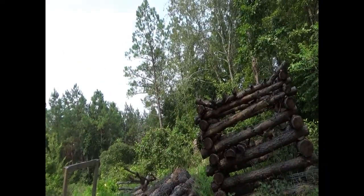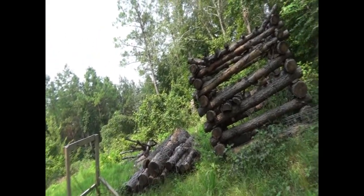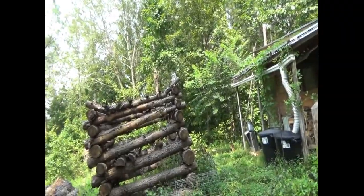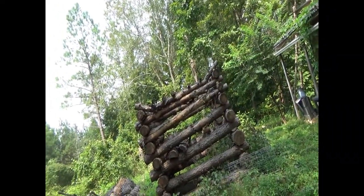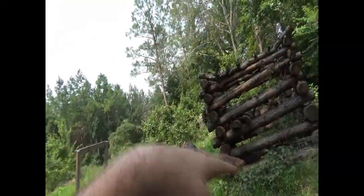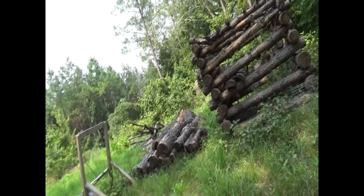I pushed all the stuff when I was clearing that little side area. That's probably where they're nesting, in that brush pile. There's no real big trees in this area for them to nest in the hollow of a tree, which I guess is kind of what they normally